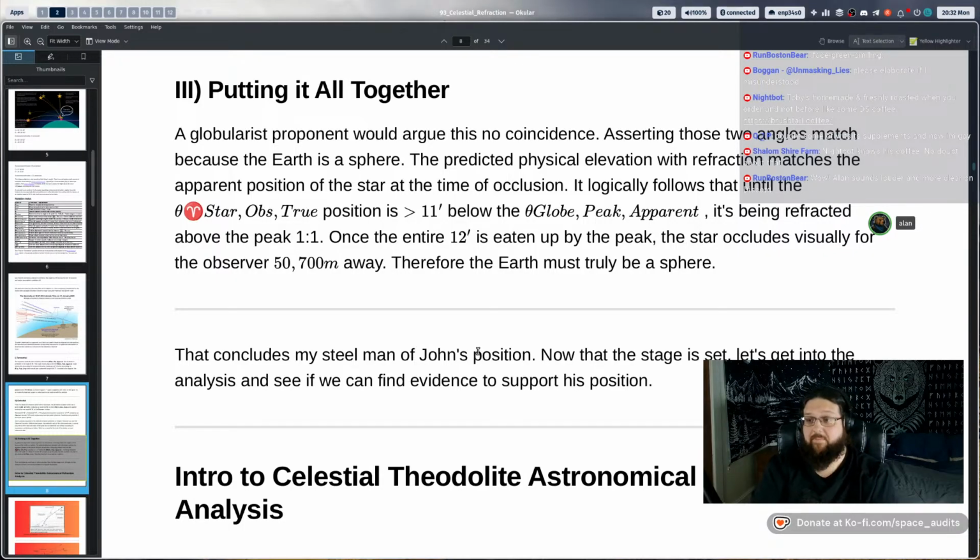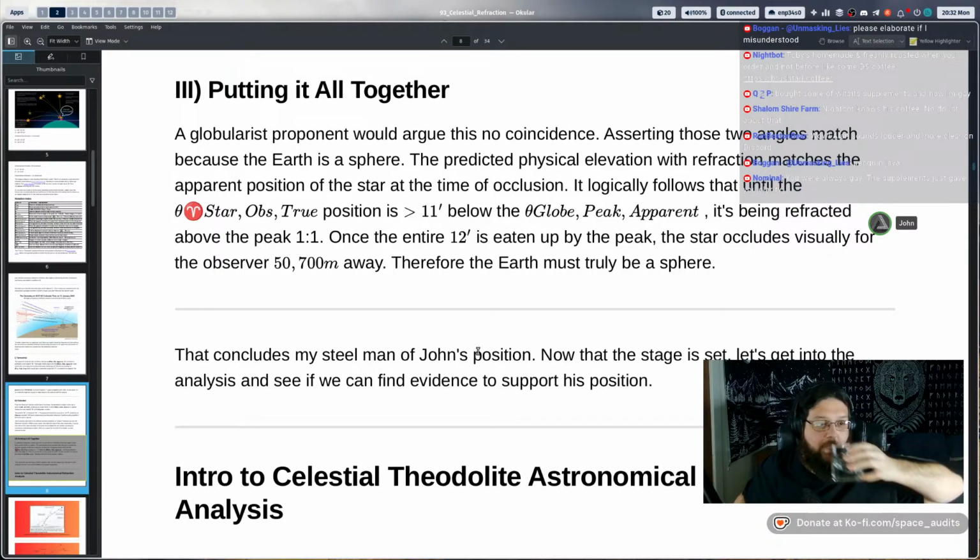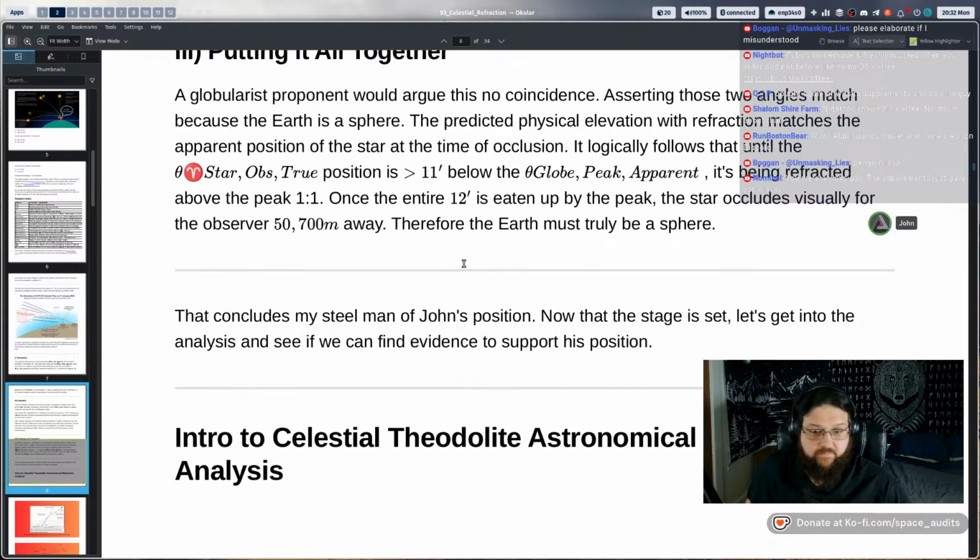John, one more time. Let me hear you. Can I get an amen, brother? I think so. I need to look at that a little more, but I think what you're saying there sounds right. Awesome. And I just note the one thing is that the nice thing about my diagram is that it shows that the geometric direction to the star from both the peak and Heffron's place is the same, as it must be. Indubitably.